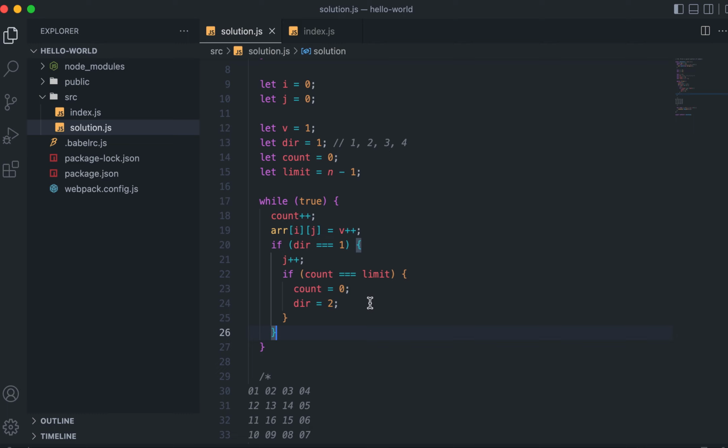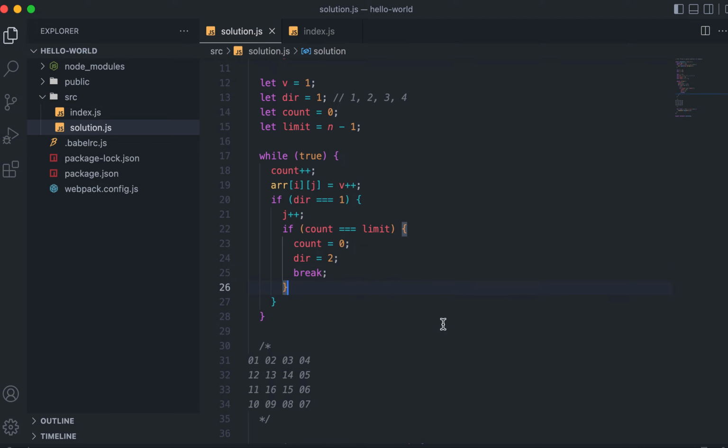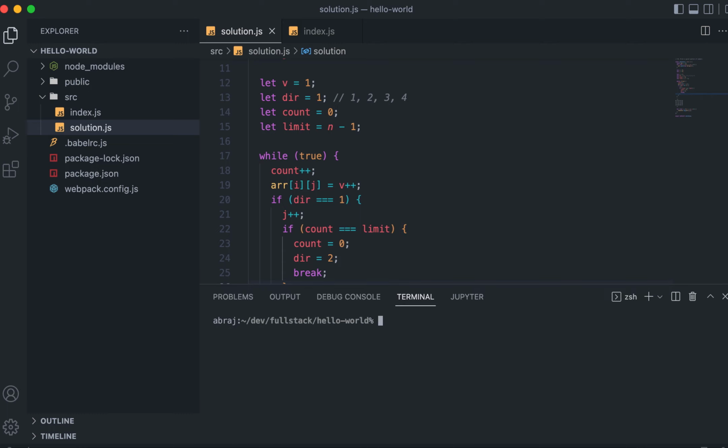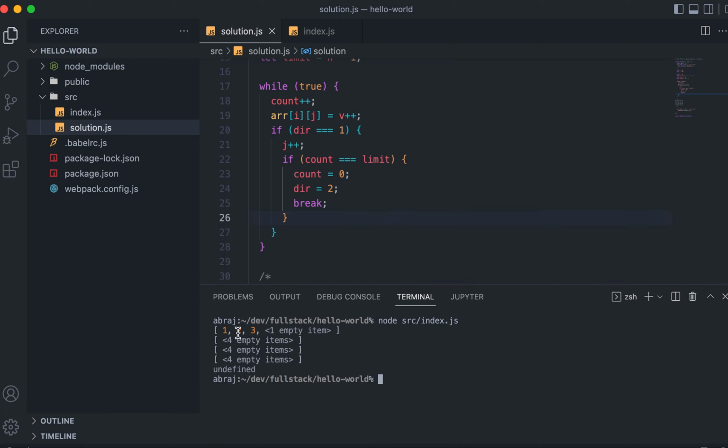Okay, so firstly let's artificially give a break here. It is not needed, but we will print and see what the progress is till now. Yeah, so as expected 1 to 3 is printed, right? Now the direction is changed. Now 4 5 6 we have to print, right, towards the right. So in order to do that,